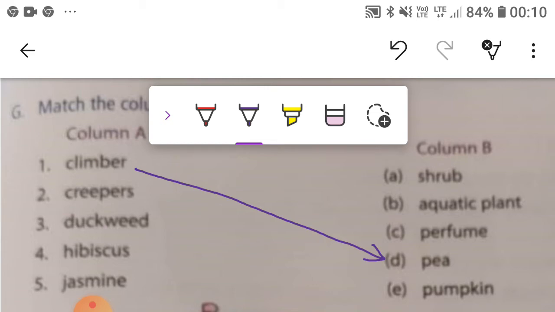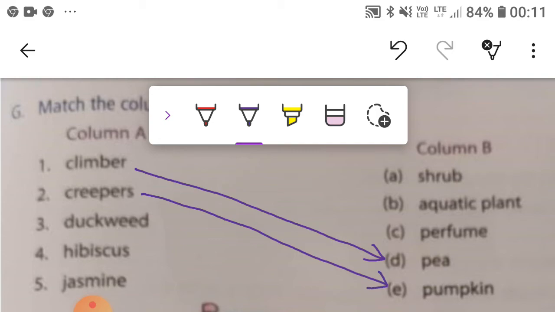Now creepers, we can match creepers to pumpkin because pumpkin is an example of creepers.